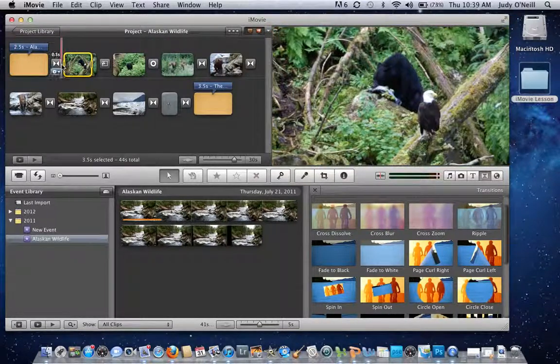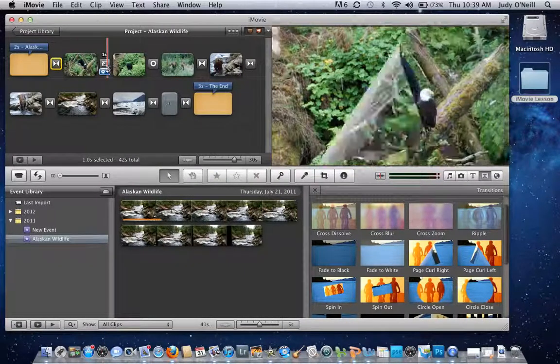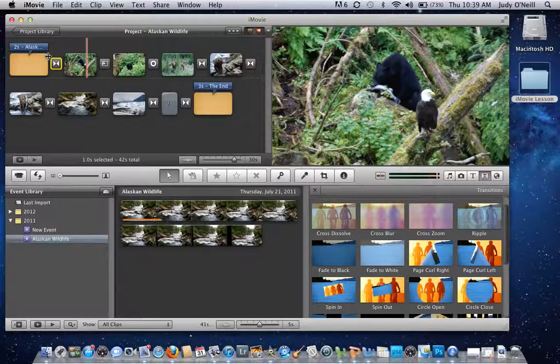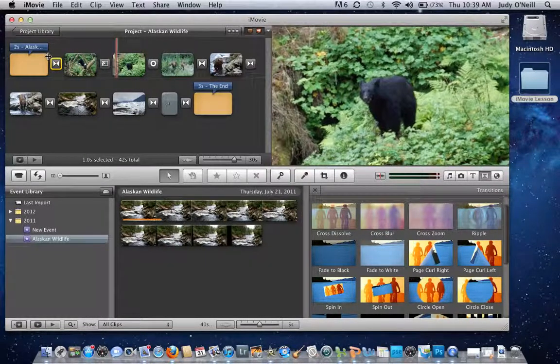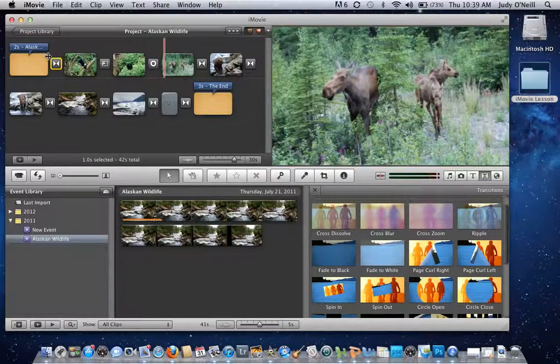You can select the transition, click on it, and then select down below transition adjustments, and you can change the time. So this transition is half a second long. You can increase it. So if we increased all of our transitions to 1 second, and I can click here, applies to all transitions, that way they all change to 1 second. Click done, and now all of my transitions will take a little bit longer to go through. It's a little bit smoother, it has a little bit more time. So there we go. Here's our Ken Burns movement, and transitions,